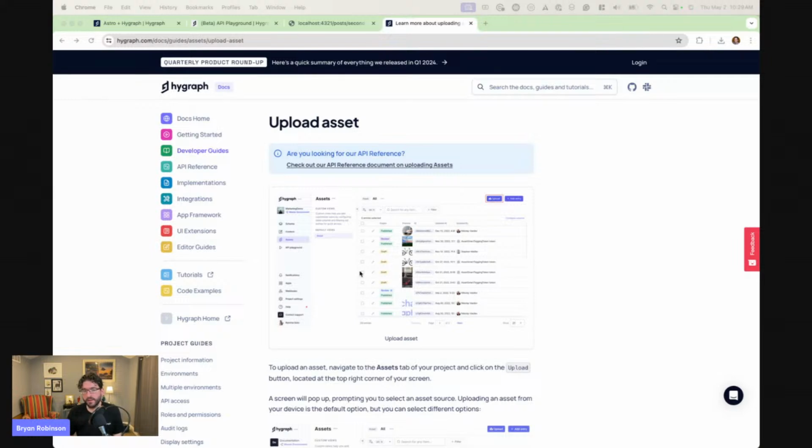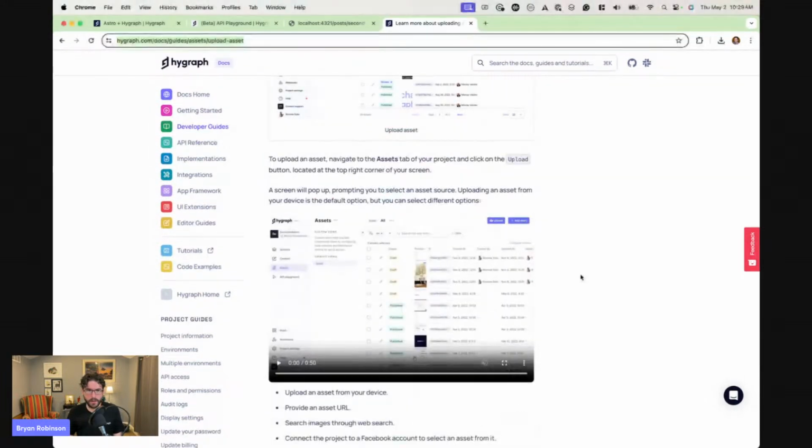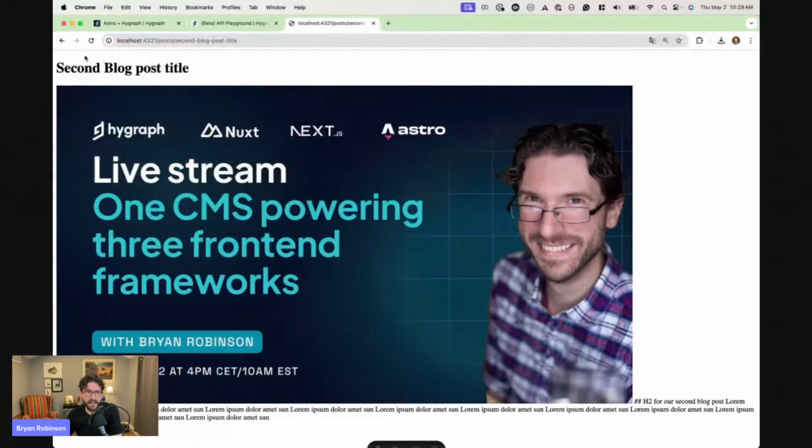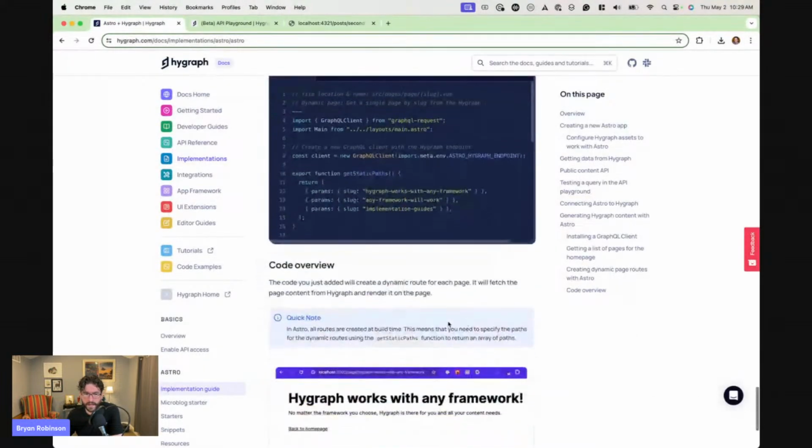We're going to be providing some migration documentation very soon to take legacy projects over to it. But the new asset handler is going to make it a lot easier for you as well. So you can see here, second blog post title, and we have the image. So technically at this point, we do have our Astro implementation. And again, you can follow these step by step in the documentation, in the implementation guide, but you can also